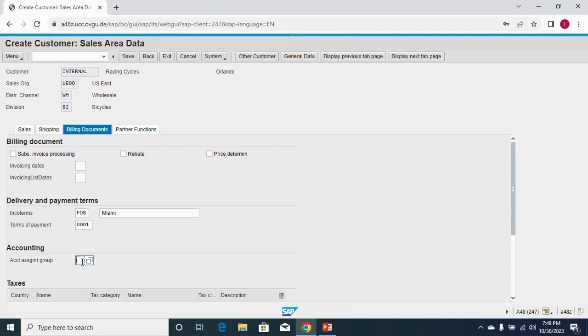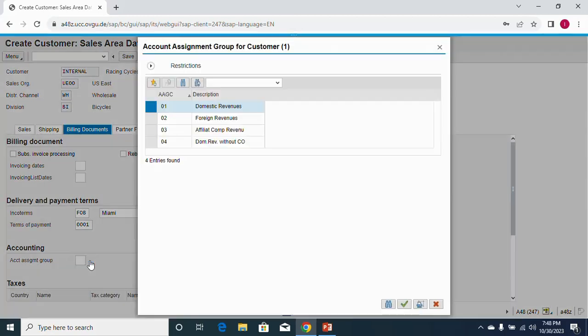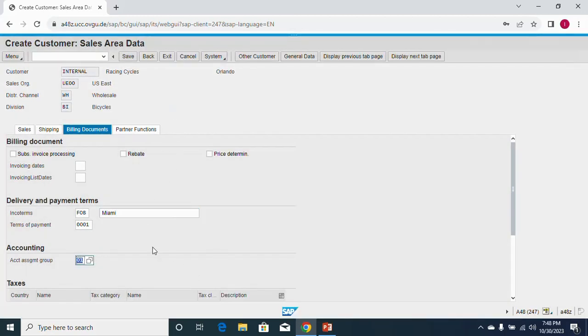And then 01 for account assignment group. This is account assignment group. Let's check what 01 means. If you see, it's a domestic revenue for us because this client is a domestic client. After doing this,